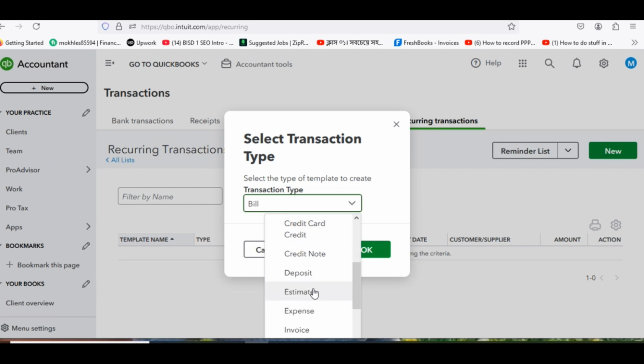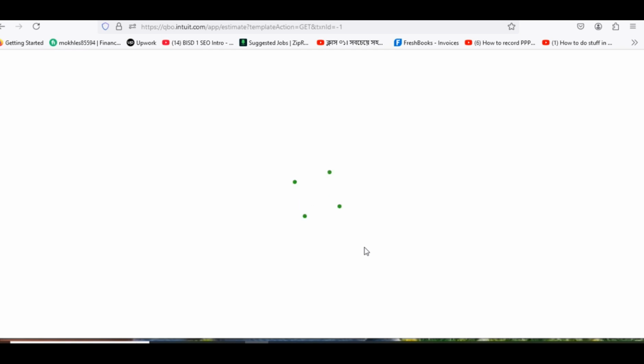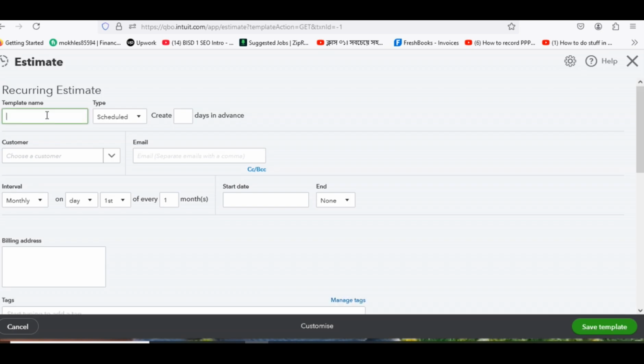So today we will do a recurring transaction for an estimate, then okay. Wait for it to load. It shows some options: template name, schedules, type, reminders, and